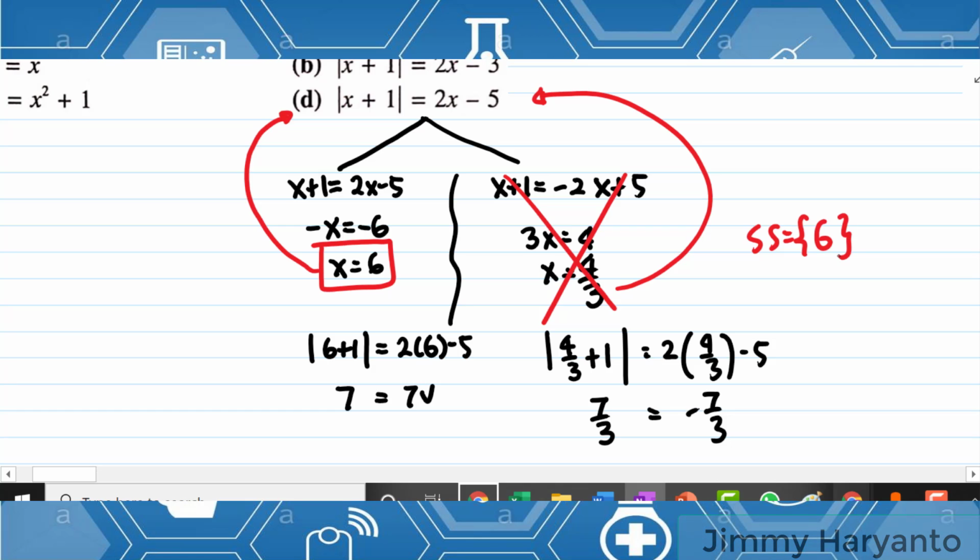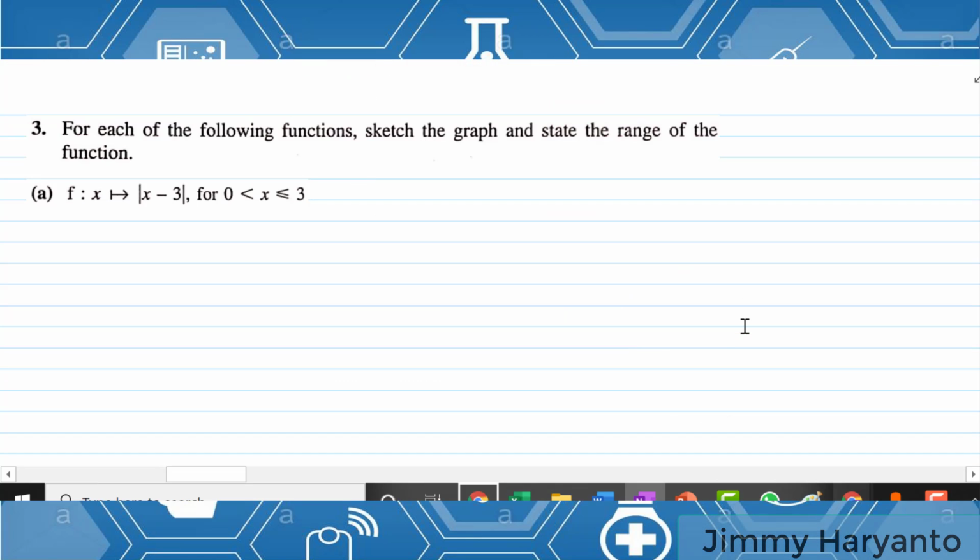Okay, we will go to the next number. Okay, this is the next number. You have to sketch. Remember, before you sketch, you have to find the vertex. Now I want to find the vertex first. The vertex is xv, yv. For xv you will get it from the x minus 3. X minus 3, make it 0, so x will be 3, and then you will get this xv.